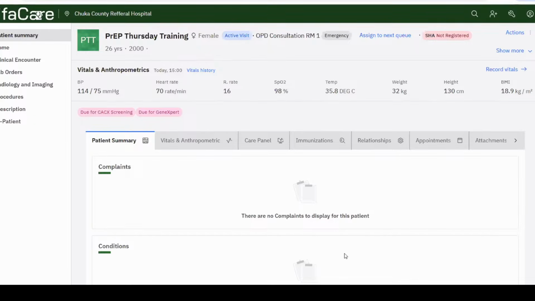Thank you. I'll just showcase what looks like an overview or a recap of what Bernard Otieno had already shared when he was doing the navigation. For me, I'll take us through how to do drug orders and dispensing by the pharmacists. I'll just speak on the active patient, that is PrEP Training, and as already alluded earlier by both Otieno and Moses, for us to do orders for drugs,